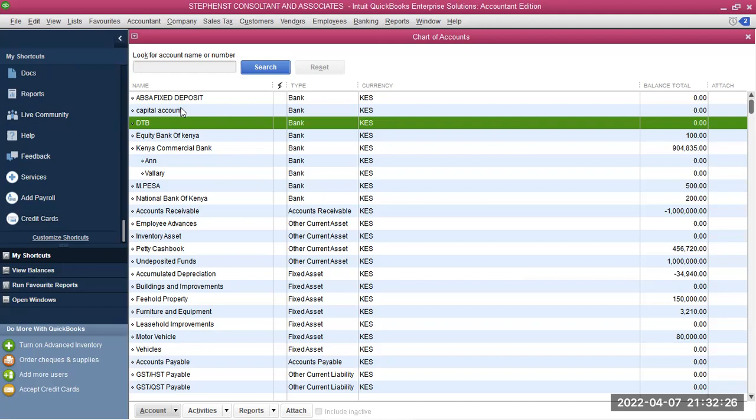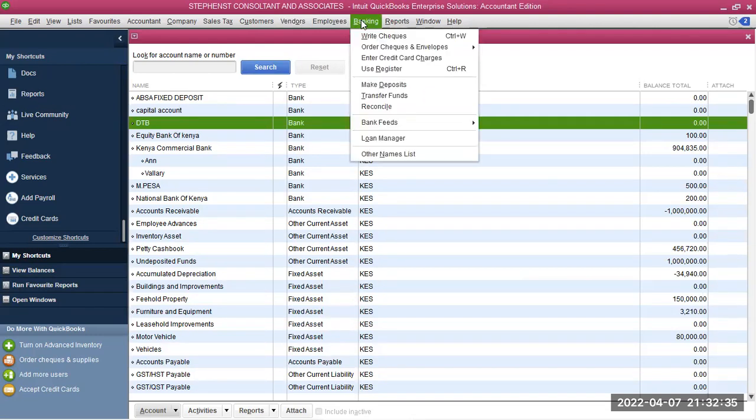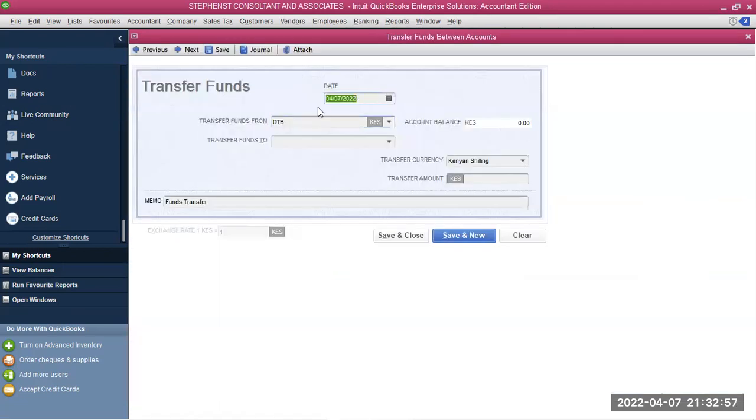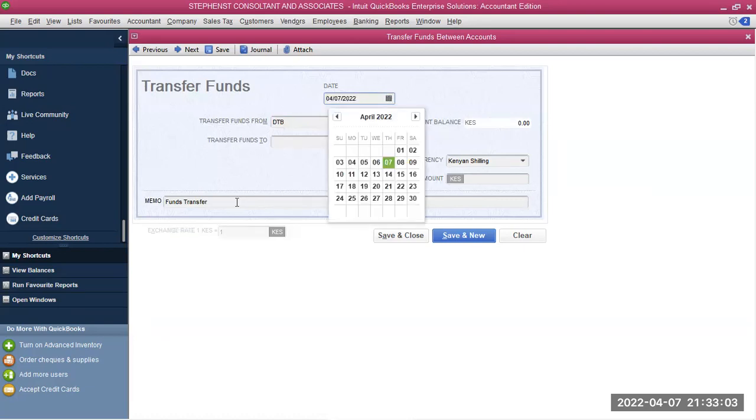What were we supposed to also look at? The interbank transfer. For interbank transfer, you click on Banking, then you select Transfer. You can see Transfer Funds, which is here. This means we want to transfer funds from one bank to another, and that is what we are trying to do. So just click on Transfer Funds, then you click date. Let's say on the 15th of March,